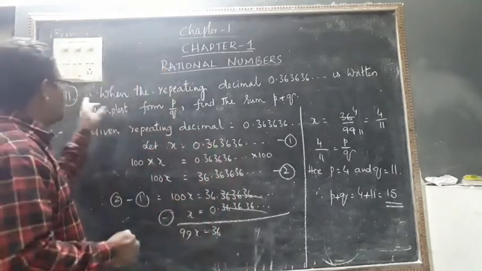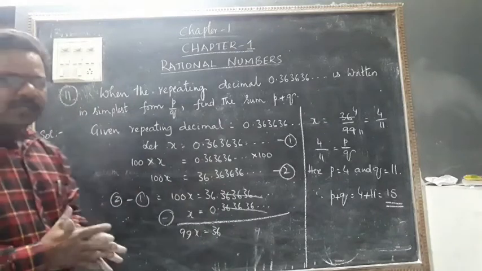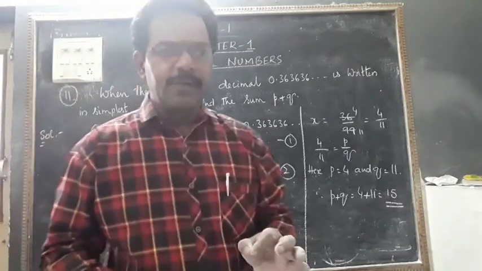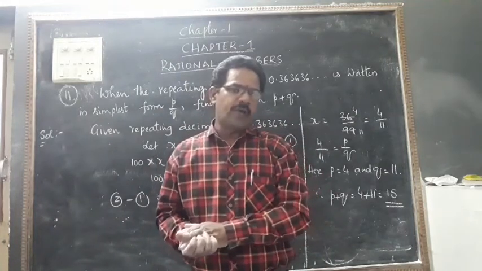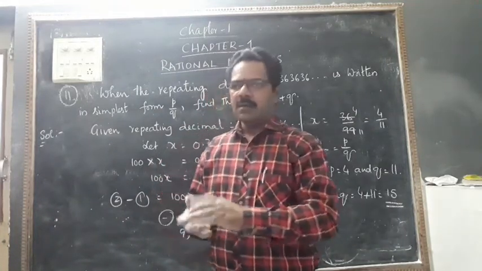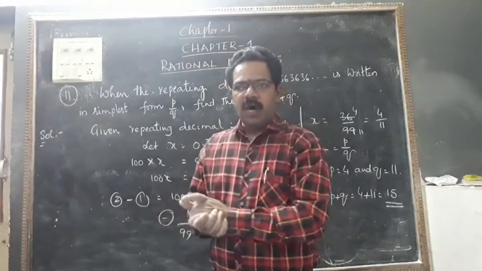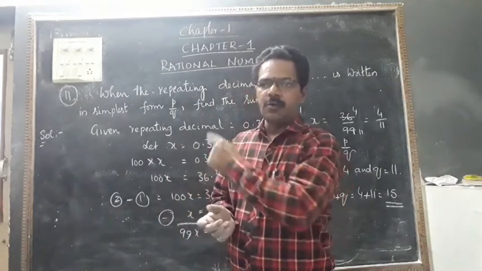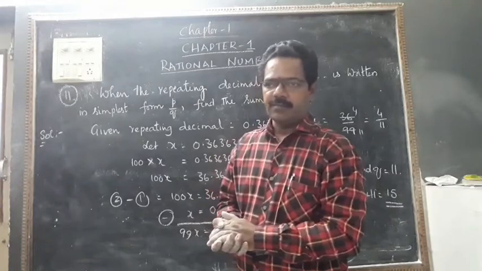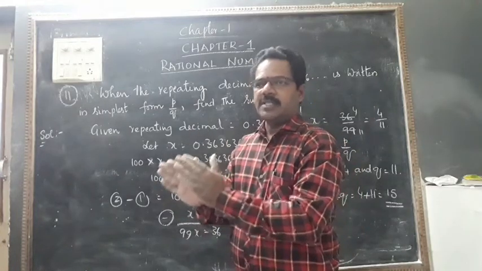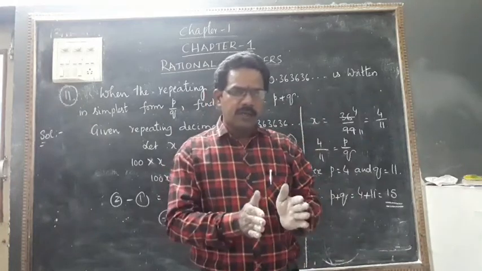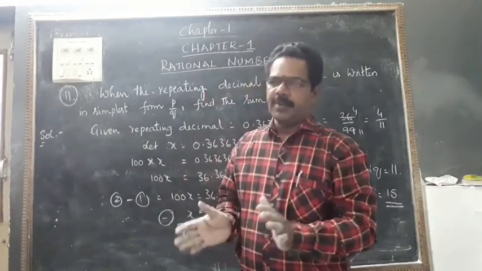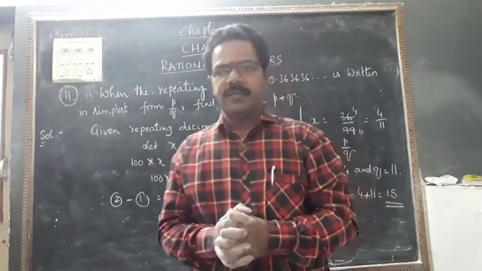All the sums. Totally how many sums are there? 11 sums are there. All the 11 sums I explained to you. These 11 sums you have to do in the practice book or homework book. Okay. And while watching the video, I told you to note down all the sums in the classwork. So in the classwork, first chapter, everything should be completed, and in the homework, the 1.3 exercise completed. Okay, you have to complete it.